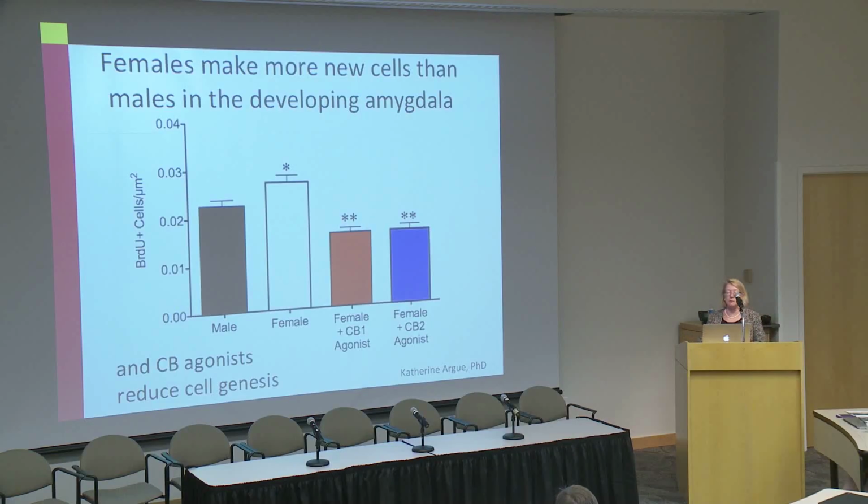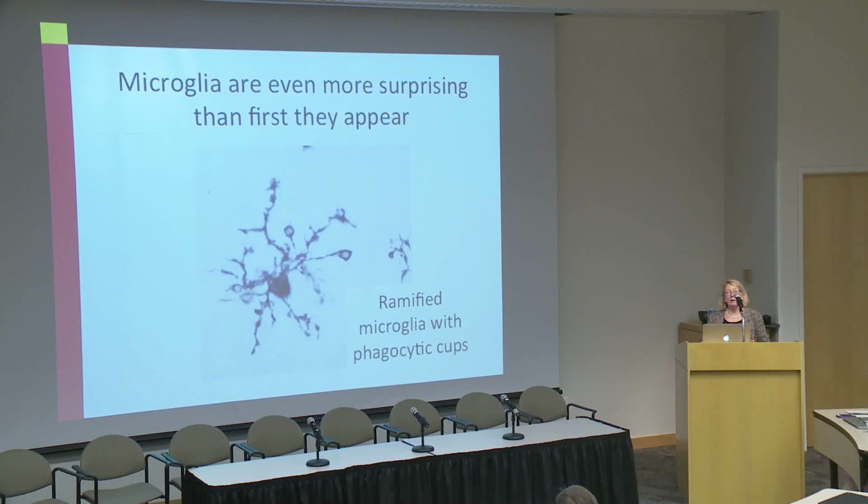So they're completely unresponsive to the endocannabinoids. Okay, so you'd think we would start wanting to look at cell cycle and things like that, and how the endocannabinoids are regulating this proliferation. But along the way, we looked back at those microglia again, and a new graduate student came into the lab,